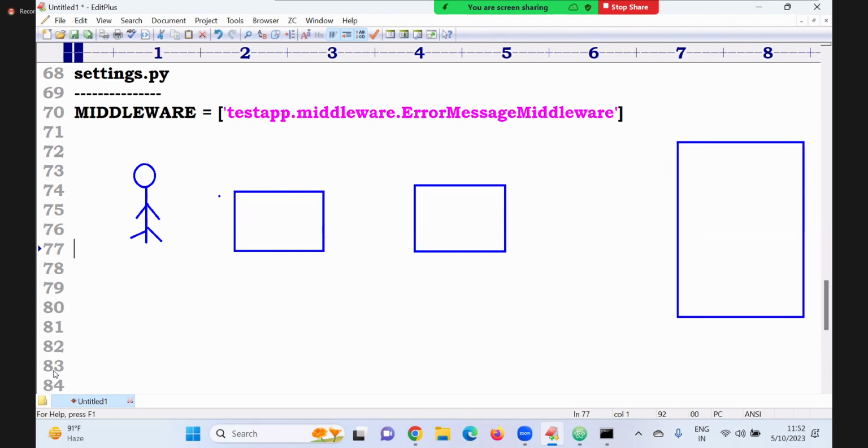Now what happened? First action, second, third. Observe here: middleware 1, then middleware 2, and finally it is coming to the views, not the CM. The views.